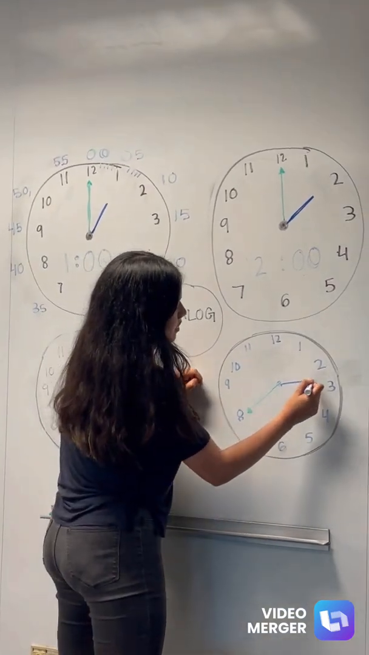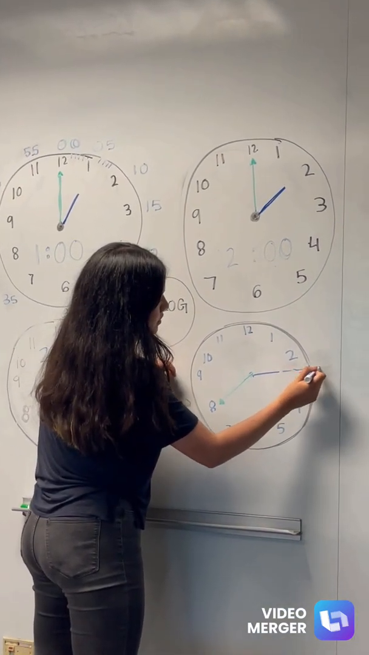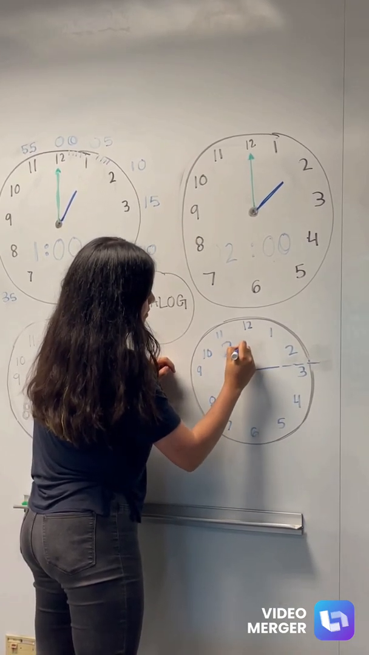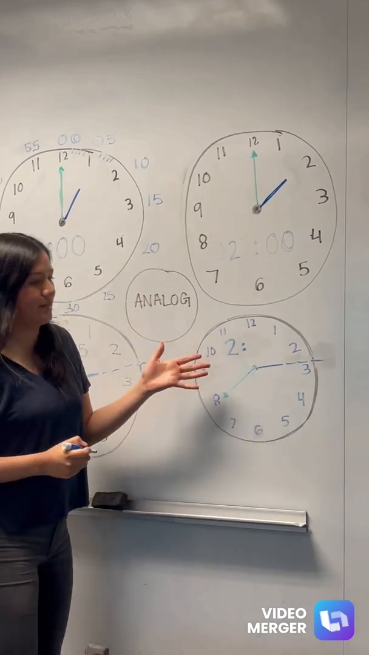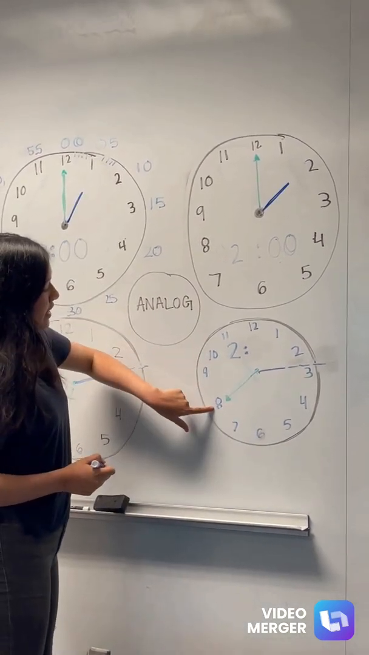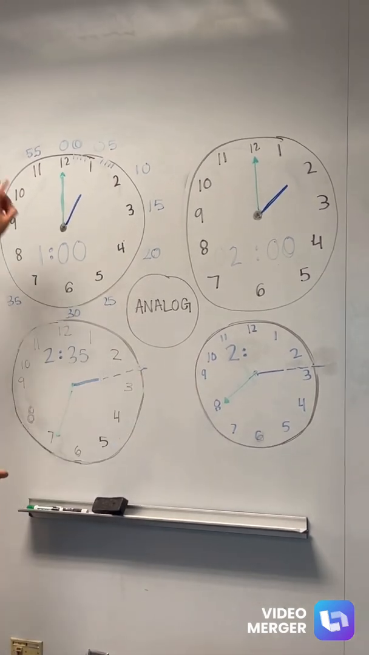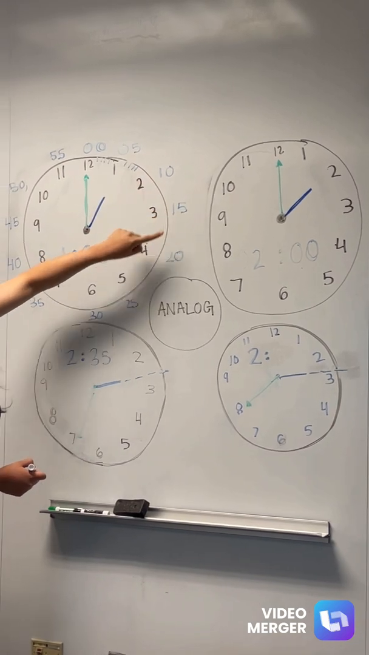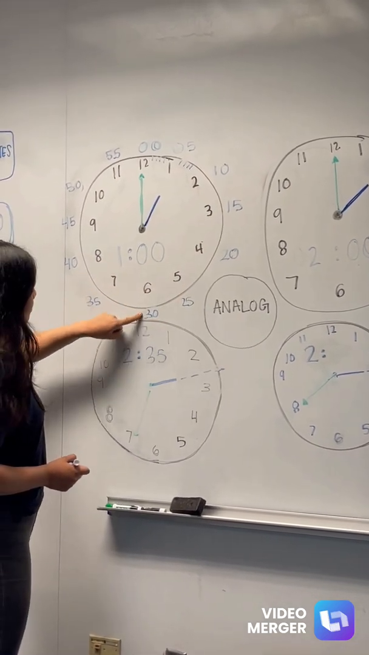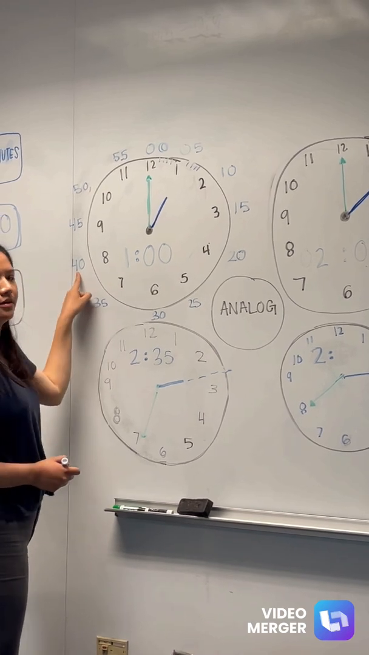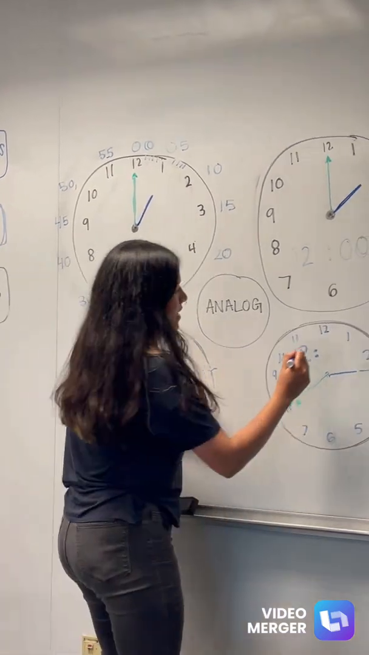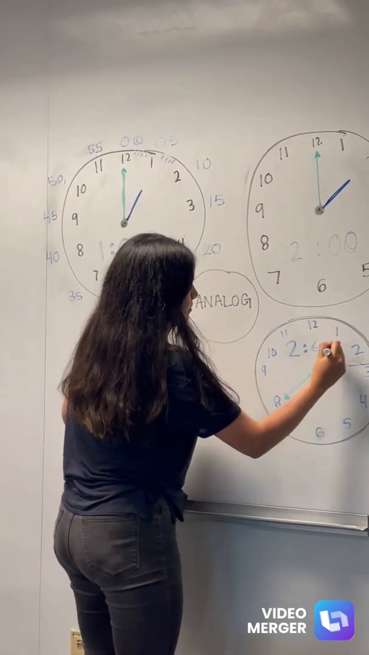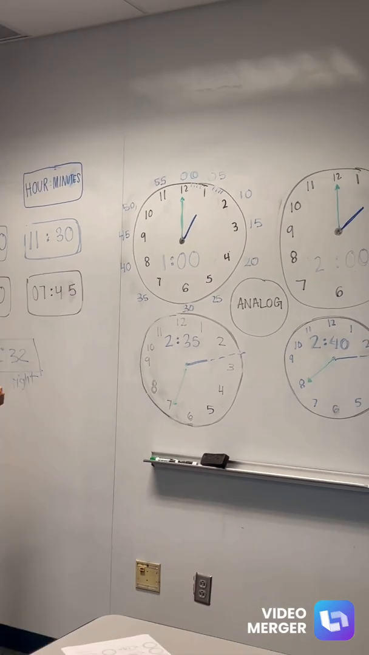We see that the hour hand hasn't yet hit number 3, so we are still at 2 o'clock. Now let's see how many minutes have passed by. We see that the long hand is pointing at the 8. Let's go back up here. 0, 5, 10, 15, 20, 25, 30, 35, 40. So 40 minutes have passed by in this hour. So it is 2:40. So now we're gonna see how we can read